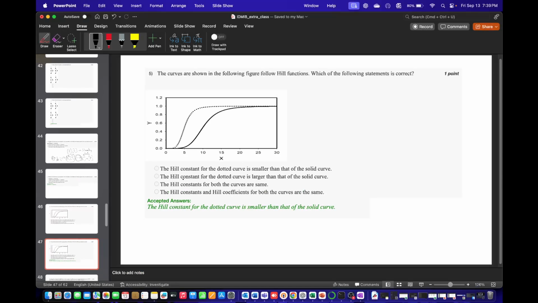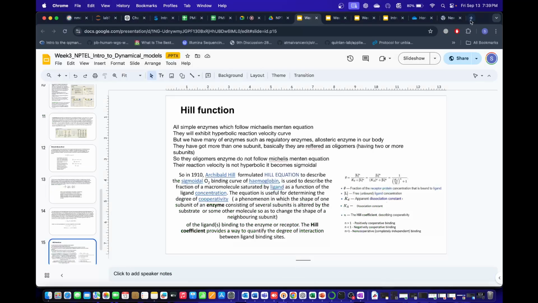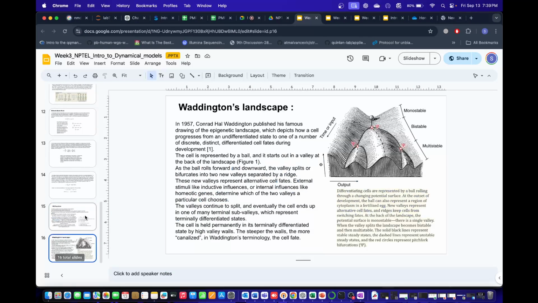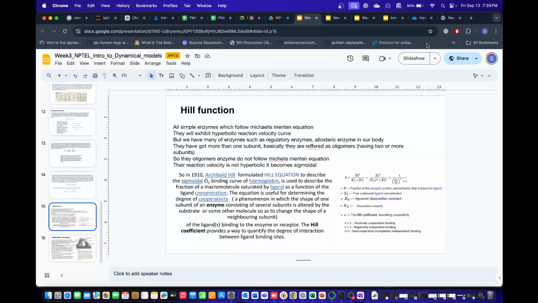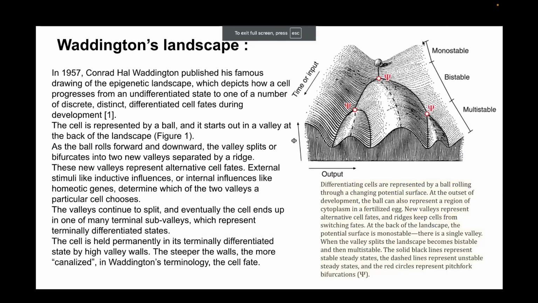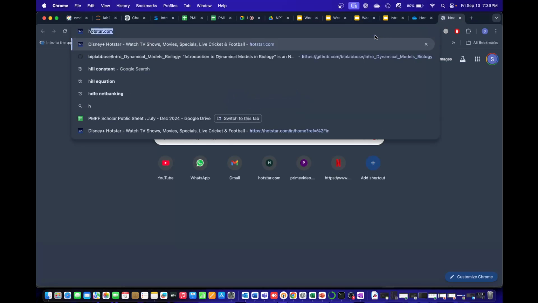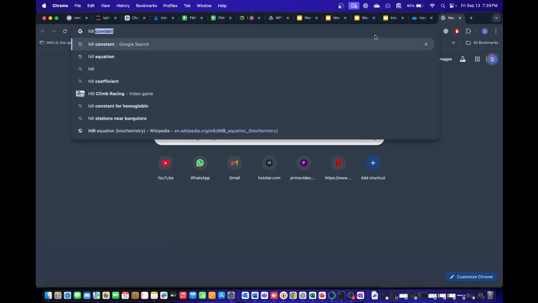Okay. So if you want to know more about the Hill function, these are the two things that we discussed: what the Hill function is, and how it relates to Waddington's landscape. So we discussed these two things, but if you want to learn more about Hill functions, I think